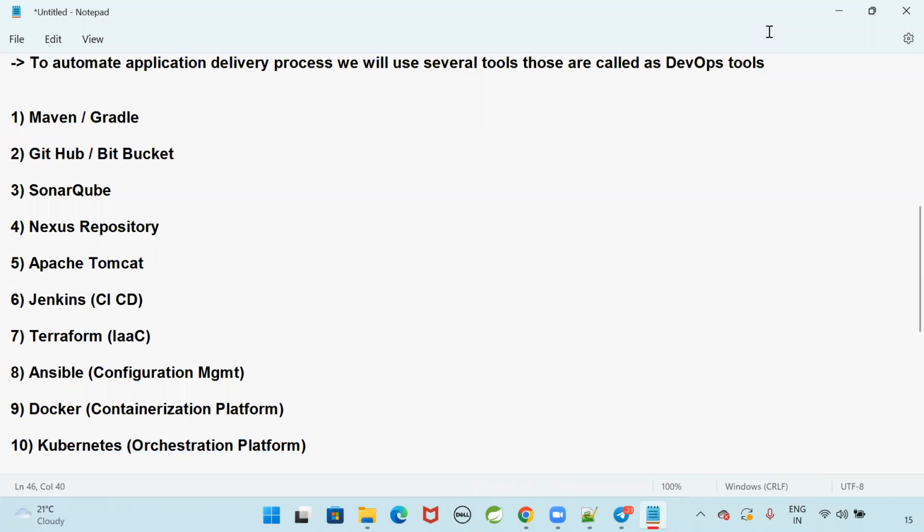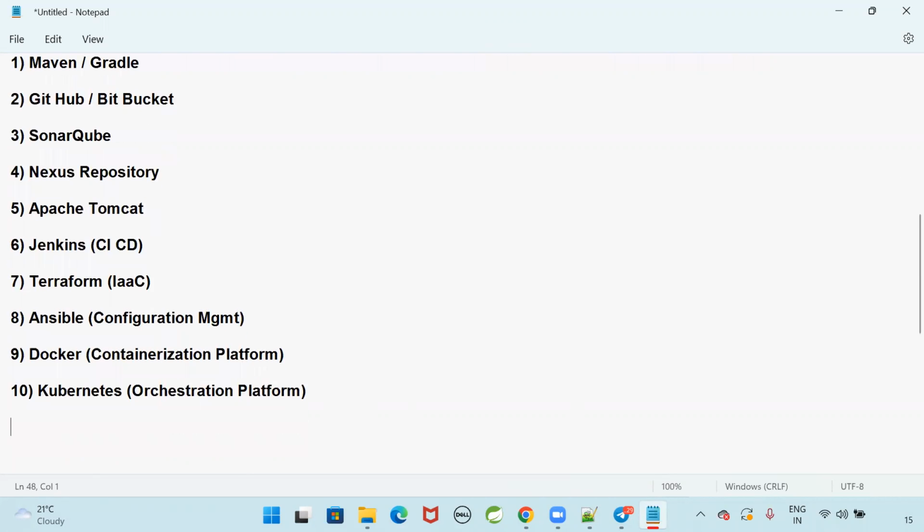Our application will be executed by using containers. So we are going to use Docker for the containers. To manage those containers, we are going to use Kubernetes for orchestration. Kubernetes is used to manage the Docker containers, like deploying them, redeploying them, scheduling them, and scaling them. All such management work will be done by Kubernetes. Application execution will be taken care of by Docker. Docker is a containerization platform, and Kubernetes is an orchestration platform.